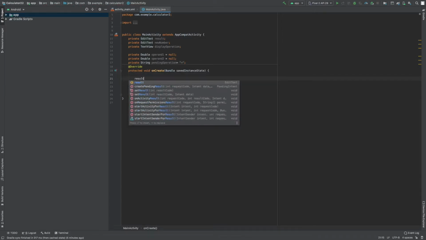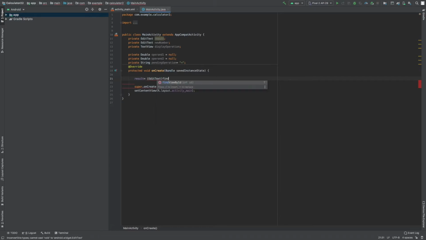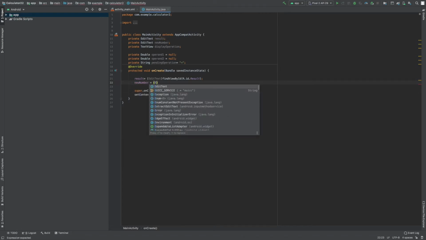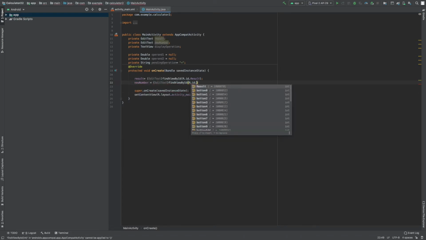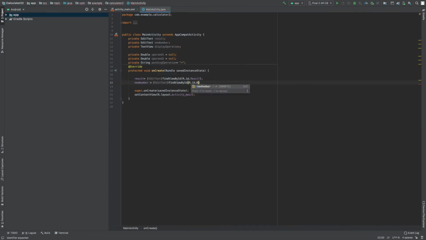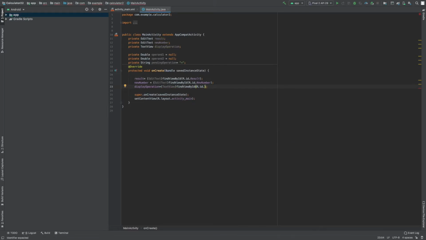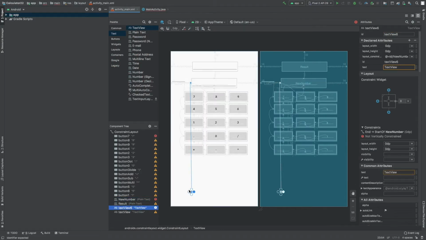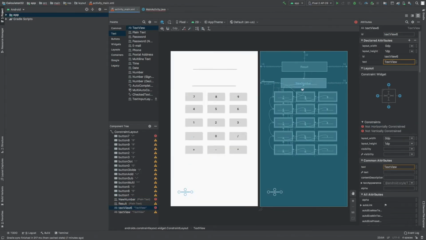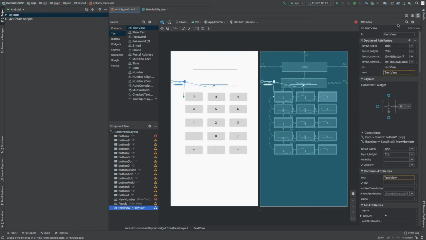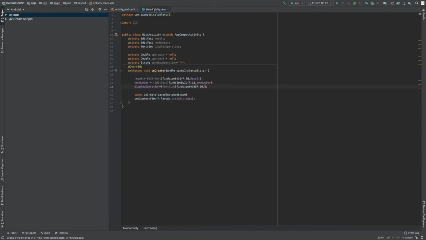So we have two EditTexts and a TextView that are for holding the new number, the result, and the display operation. For result, I'm just linking it to the layout that we have just designed. So you can see I have R.id.result, that was the ID of that EditText. Similarly, for the new number we have an EditText. And as you can see, I haven't named this text view yet, so I'll just call it operand. The ID will be operand here.